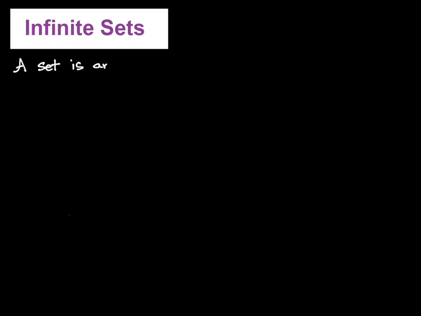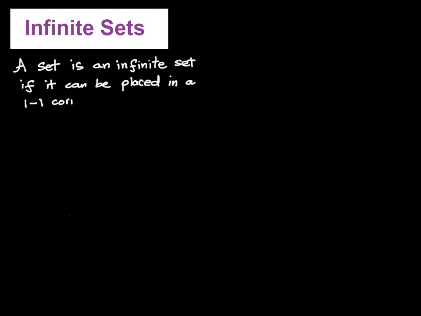So in this section, which we have already started, it's called infinite sets. We talked about one-to-one correspondence in the previous video. In this video, we're going to talk about what an infinite set is. A set is an infinite set if it can be placed in a one-to-one correspondence, which we just learned in the previous video,